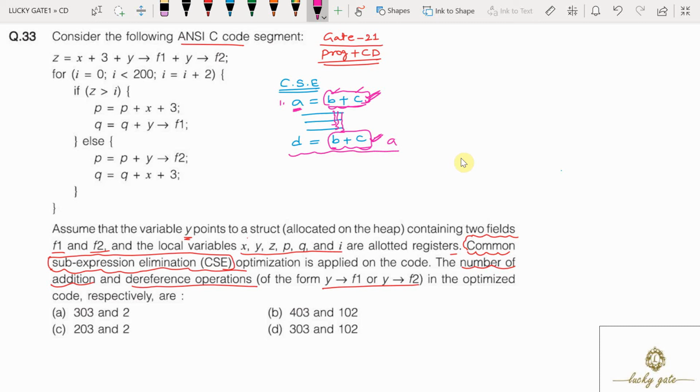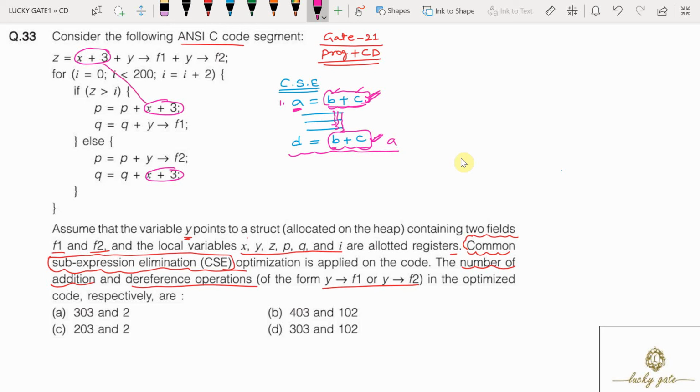Here in our given program code segment, we need to identify the common subexpressions. You can observe x + 3 is present in 3 places of the program, and between these statements x is not modified.